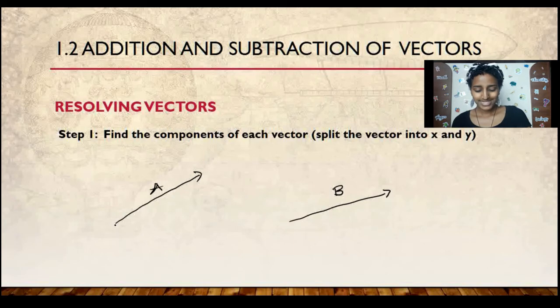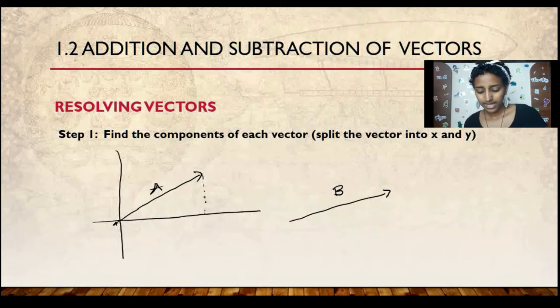What you do is, from the tail point of vector A, draw a horizontal line. From the same tail point of vector A, draw a vertical line. So you have a horizontal and a vertical line. Now from the head of vector A, draw a vertical dotted line and a horizontal dotted line. Okay, so this is all going to make sense in a bit. Now, from the tail of vector A, let me use a different color so we can see this clearly. From the tail of vector A until the dotted vertical line, we form a vector known as AX, or the x component of A.